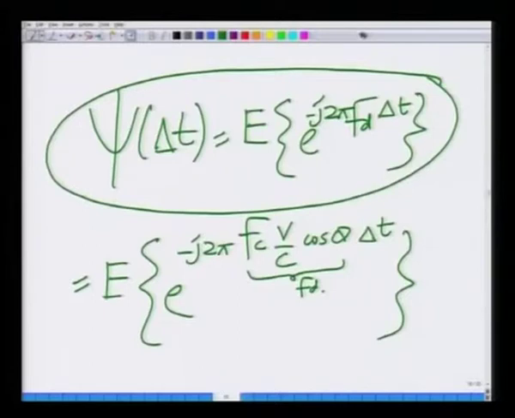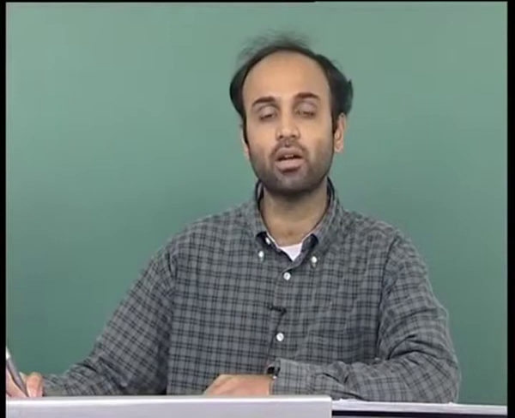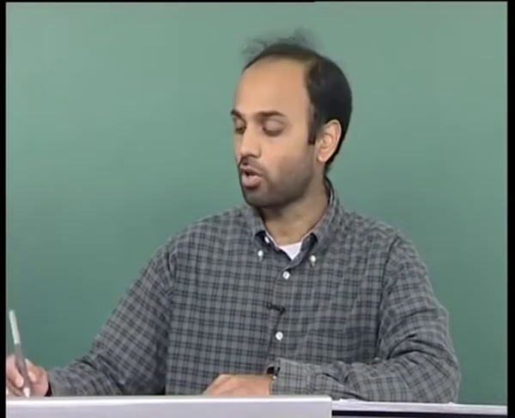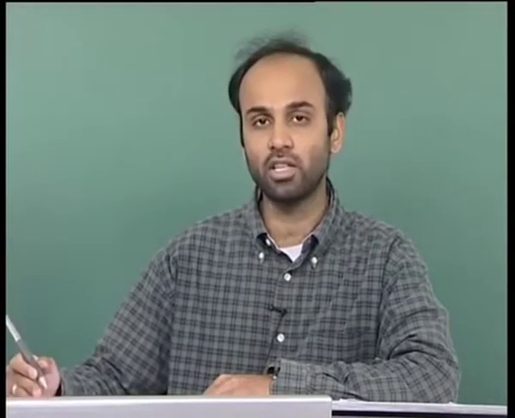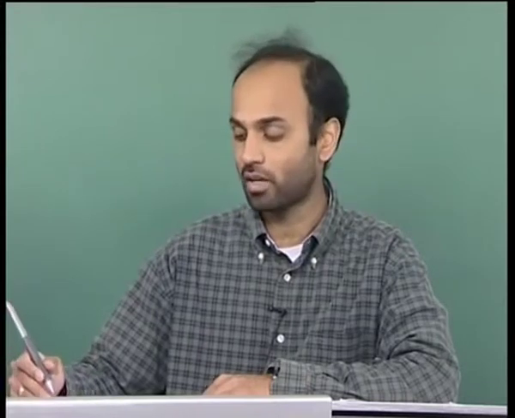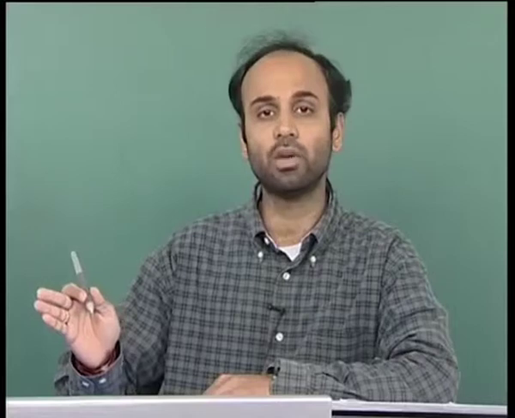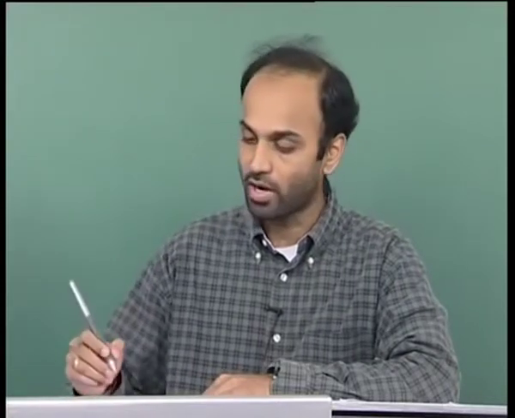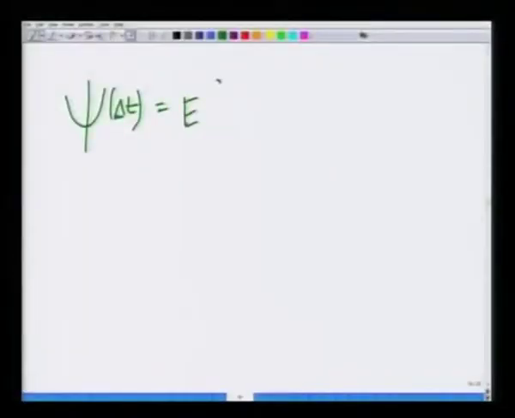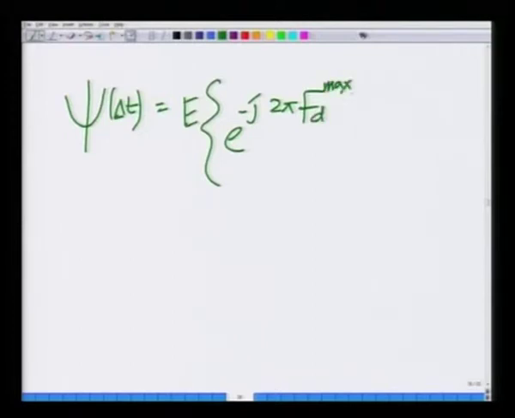Look at this, Fc V over C is nothing but the maximum Doppler shift, that corresponds to Fc V over C when theta equals 0. This is the maximum Doppler shift, which is when the mobile is directly moving towards the base station or away from the base station. So, I will write this as expected e to the power of minus j 2 pi Fd max cosine theta